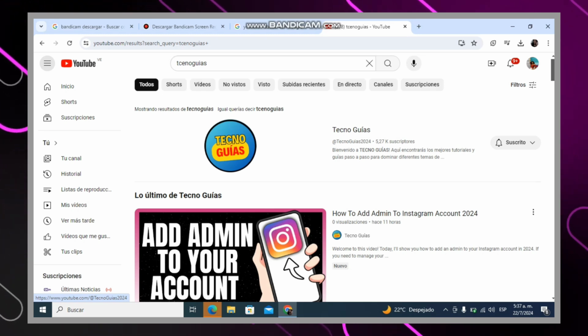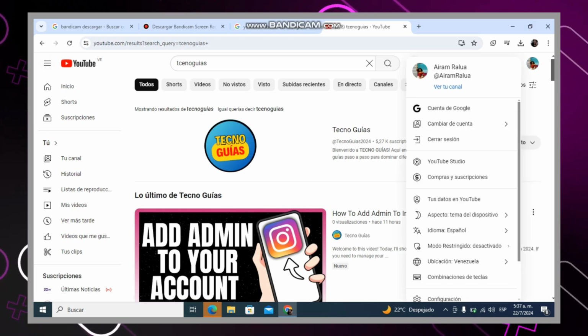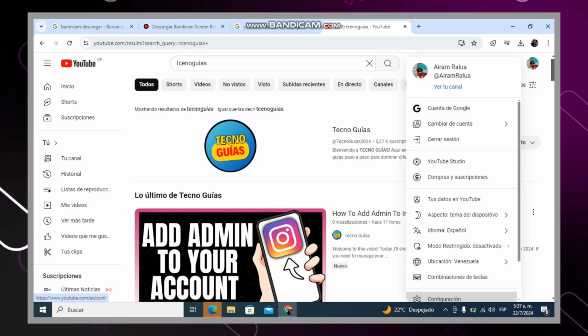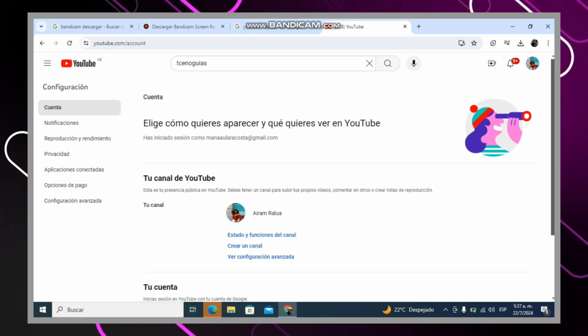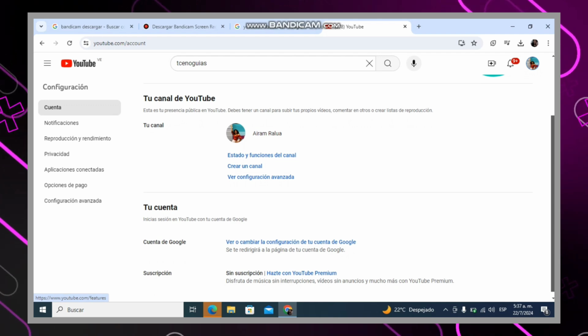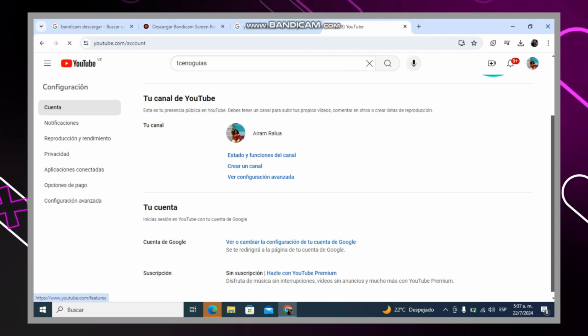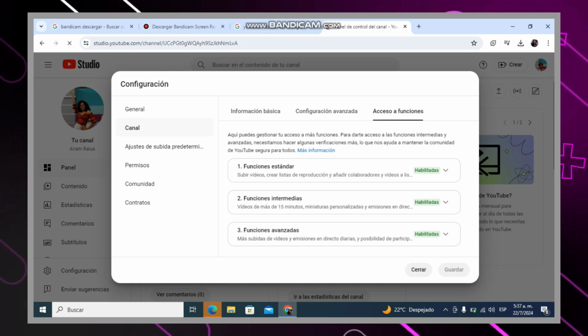The first thing we are going to do is click on the upper right image and the configuration or settings icon. Here we can see more information, and press the first option, the channel's status or options. Here we can see